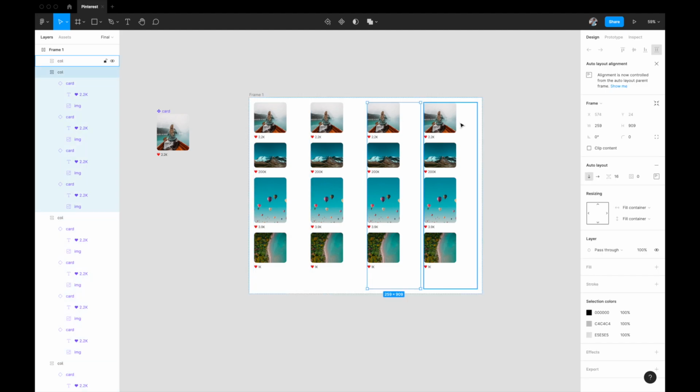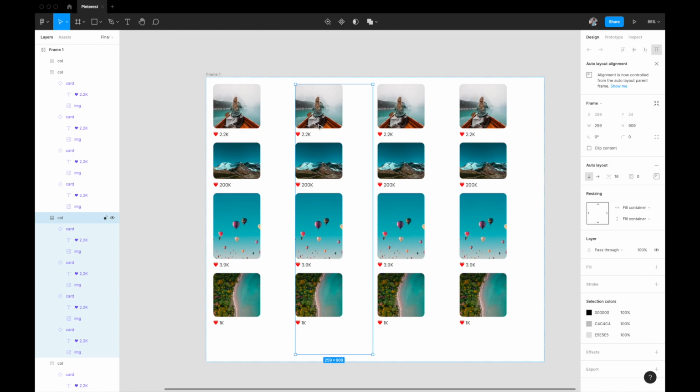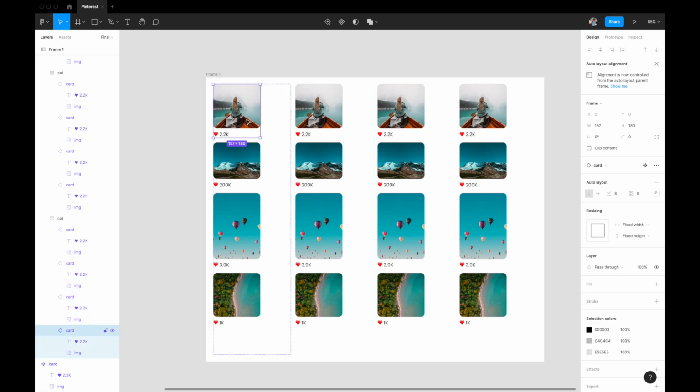The frames are bigger, but the inside elements are not expanding because, again, for the inside elements, we have not told auto layout what to do. So for this column auto layout, we have not told the inside elements what to do, and they are again set to fixed width and height. So what we need to do is come here and select all the elements inside the column auto layout, which is the second level, and instead of fixed width, we need to change it to fill container.